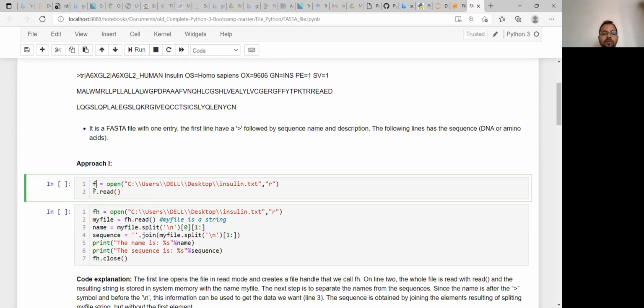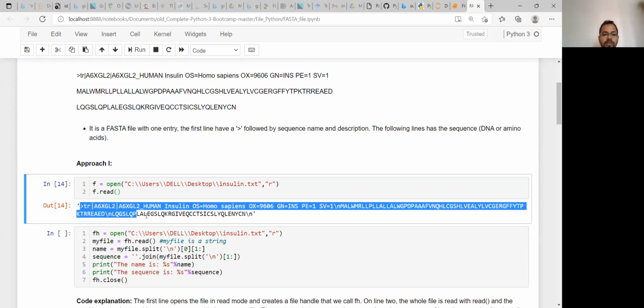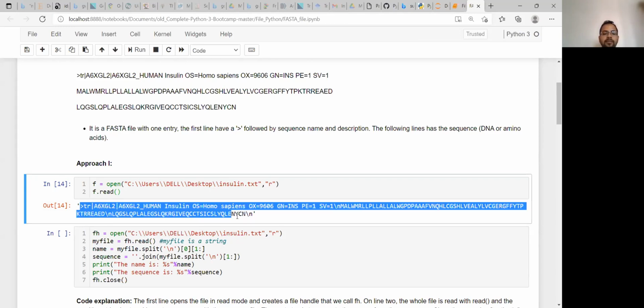So in the next line I have written f.read. If I run it, you can see that it is showing all the material in the file as it is.